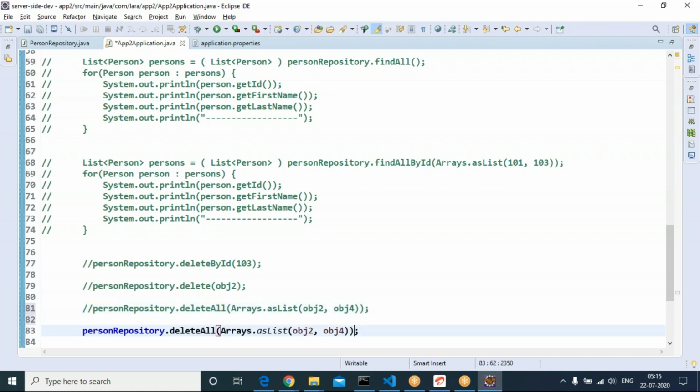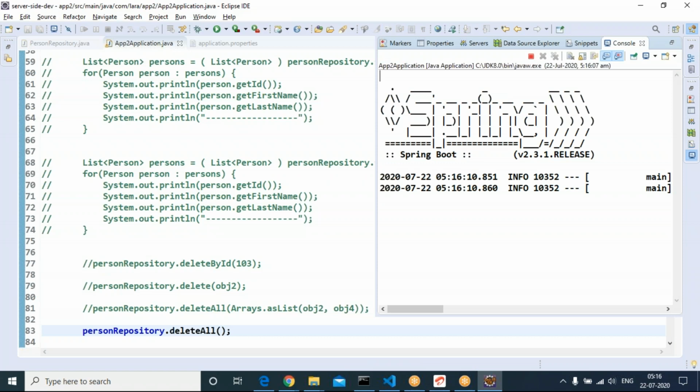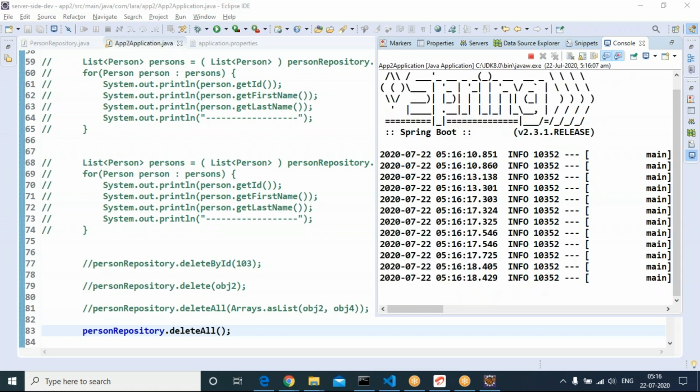Now, the last one, delete all. Every record will be getting deleted. Try running, Control F11. I'm not sure whether the application stopped or not.